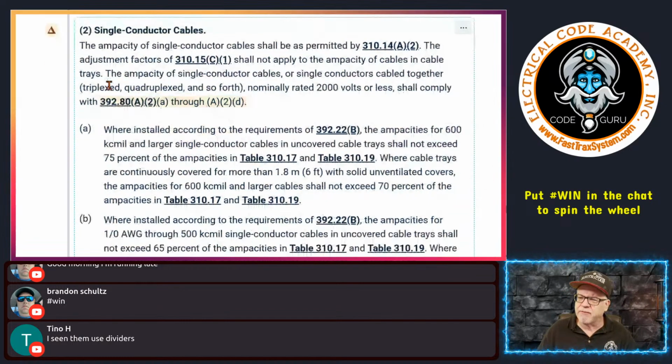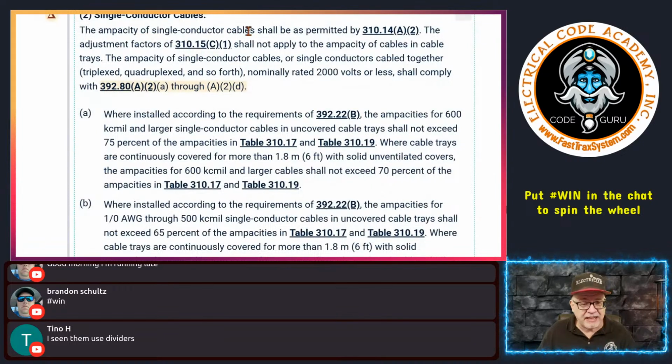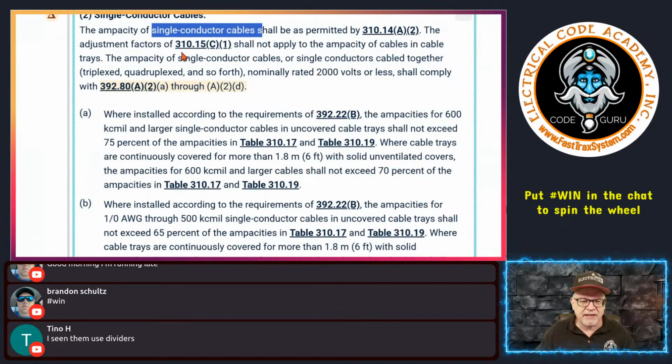The ampacity for single conductor cables and single insulated conductors, by the way, which is again my oversight when I had these things changed. I did not go through and try to fix everything in the code in that specific article. So that's on me, I will bear that burden. The ampacity of single conductor cables or single insulated conductors for the most part here shall be